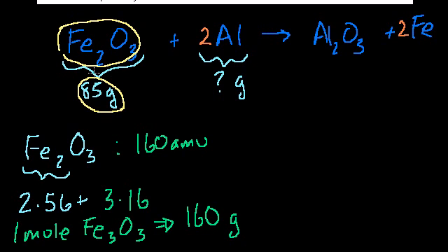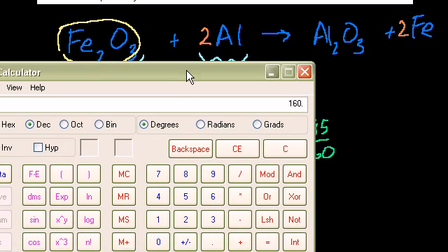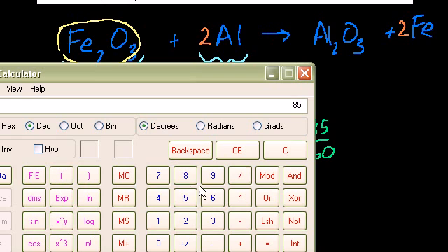So in our reaction, we said we're starting off with 85 grams of iron oxide. How many moles is that? Well, 85 grams of iron 3 oxide is equal to 85 over 160 moles. So that's equal to 85 divided by 160 equals